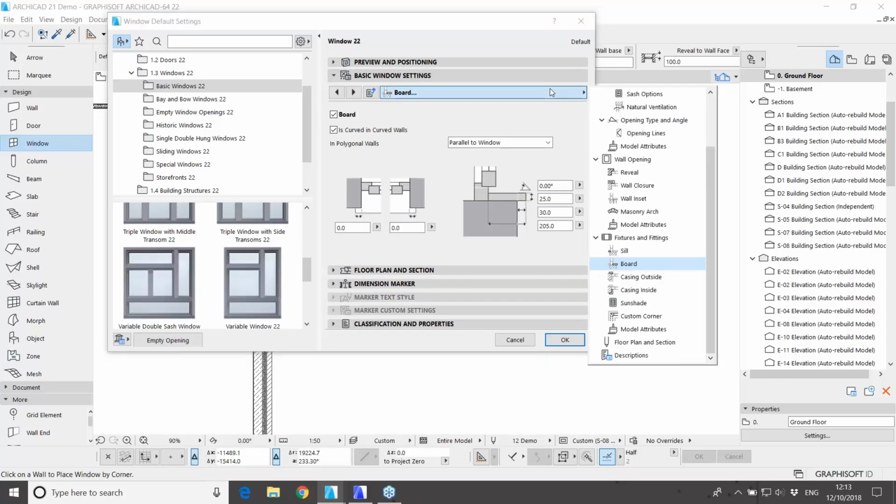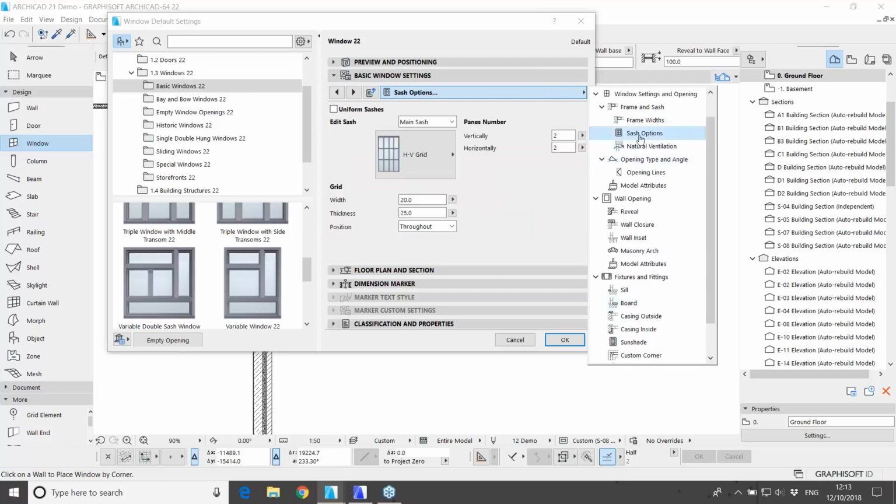When I click on board, you will see that there's my pictorial drop-down list. So anything that's related to the window tool, you assign it from here. So sill, board, cavity closures, masonry arch, lintels, whatever you can think of, they're all here. Like I said, they're quite pictorial, so you know what you're placing before you're placing. If I go for the sash options,